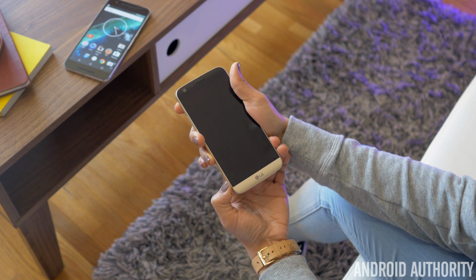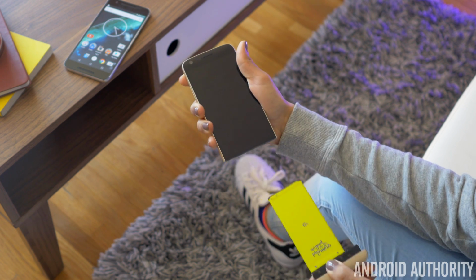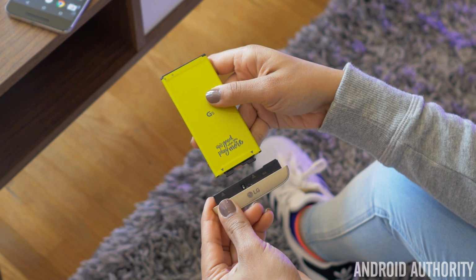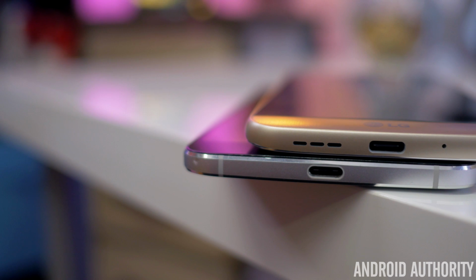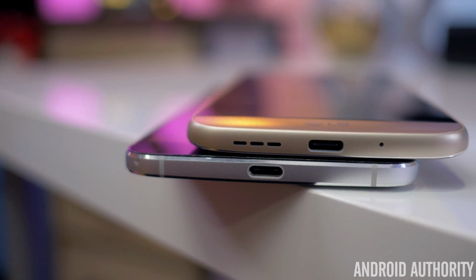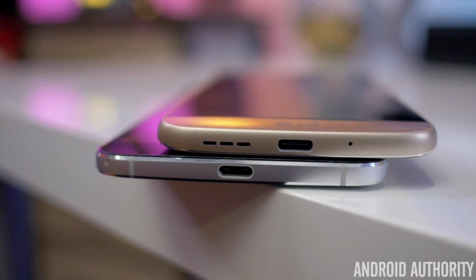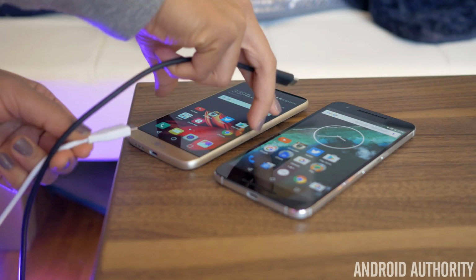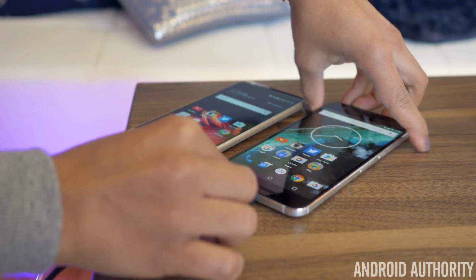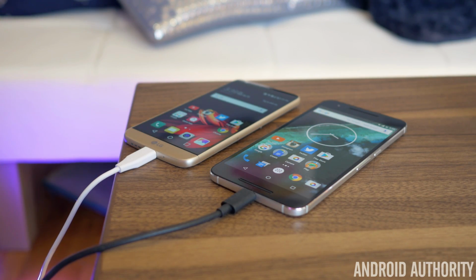But like I said before, the G5's battery is capable of being removed and swapped with another fully charged one, which in some ways is better than the 6P. We do have USB Type-C charging ports on both phones, which is great because that means you'll have fast charging on both, fast data transfer speeds, and also the nice reversible USB Type-C cable. Unfortunately though, this will be the only way to charge both of these phones as wireless charging is unavailable in